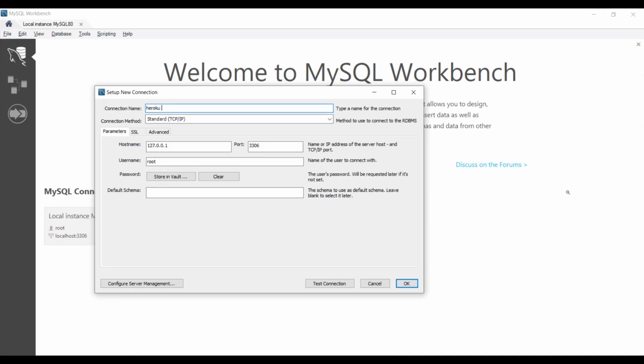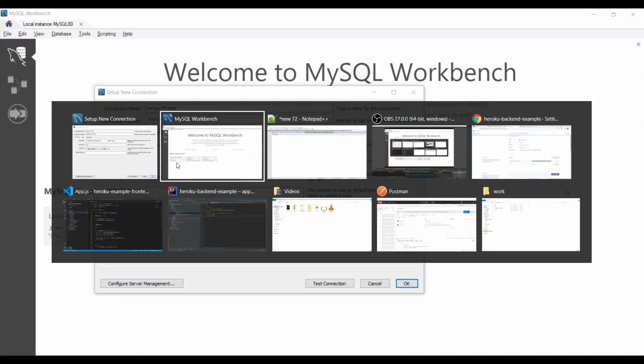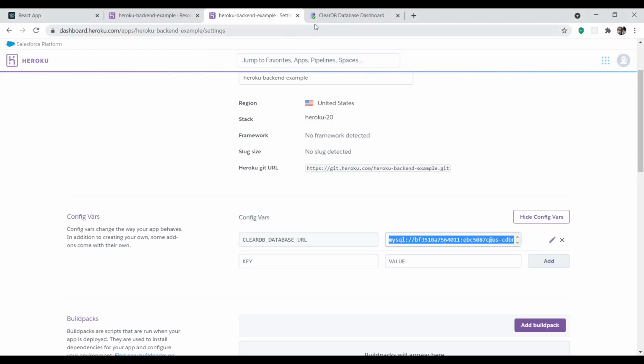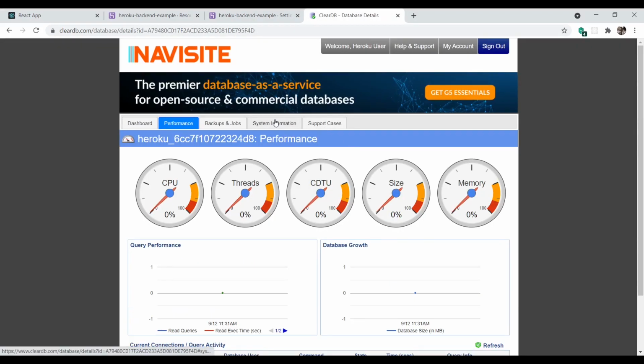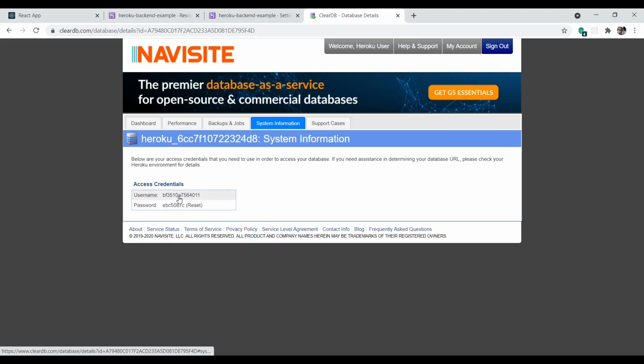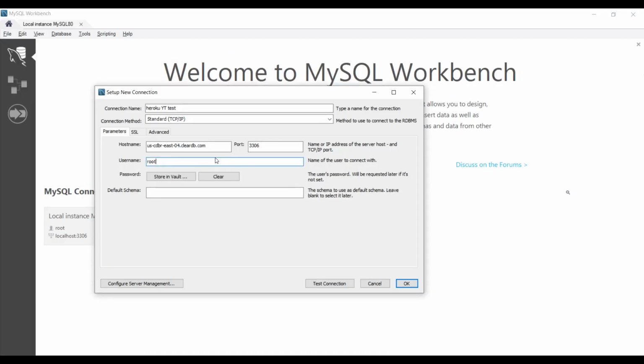Let's name it Heroku YouTube test. The host name is this one. The port is fine, 3306. The username and password you can get from that URL that we clicked. Click on this one, go to system information, and here you can get the username and password. You can store the password here.